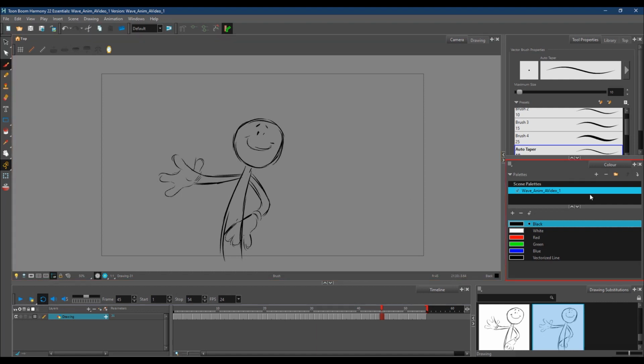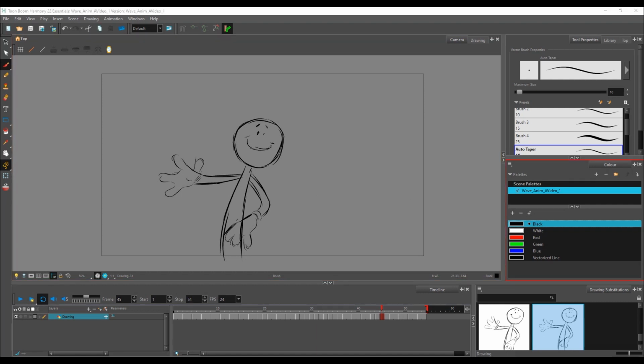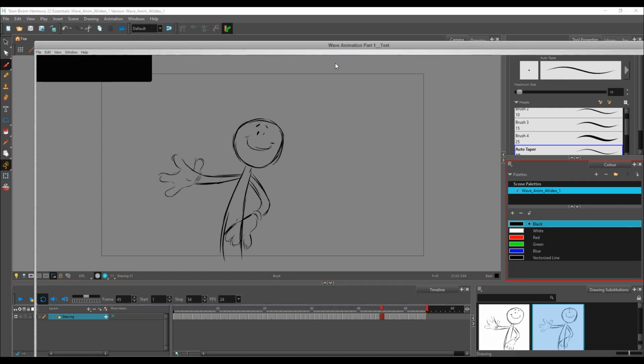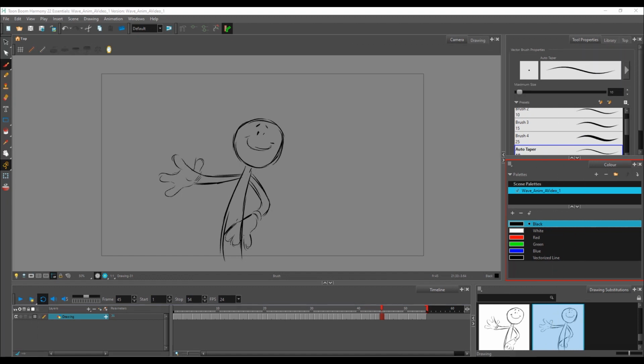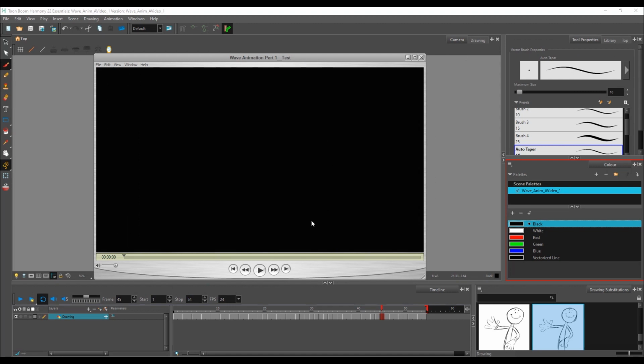What you're going to see now is that when I open my animation here, let me get this ready to bring over, you will see that I have nothing but black on my screen, and it seems like I've done something wrong, or that Toon Boom